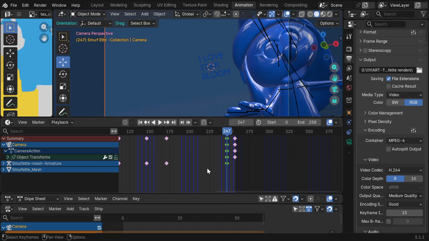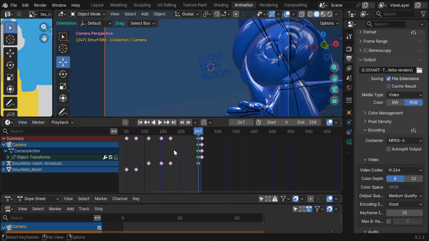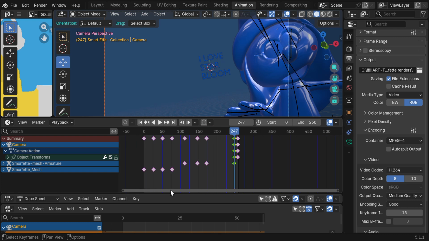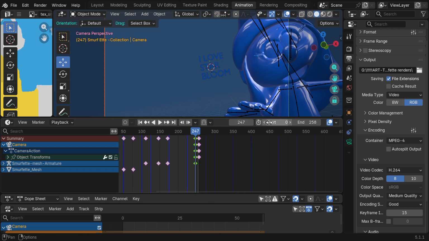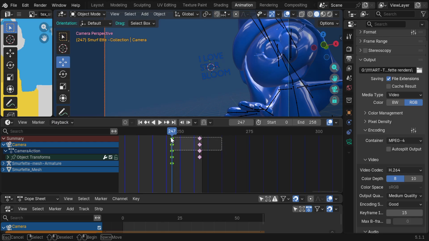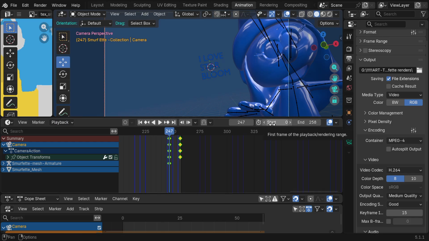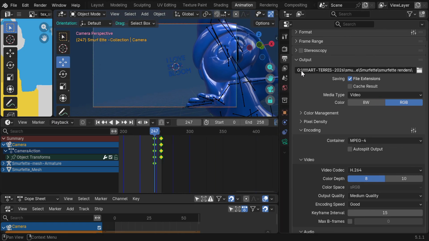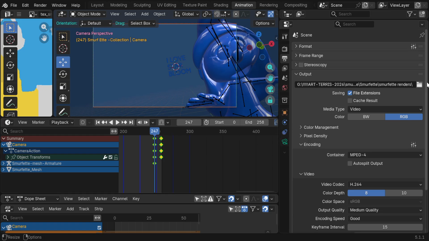So it did render the whole thing because I forgot to change my start. I was just going to render these couple frames, but I forgot to change the start key to 247. So you can do that. You'll be like, I think it also shows, but we can see now, we can hit